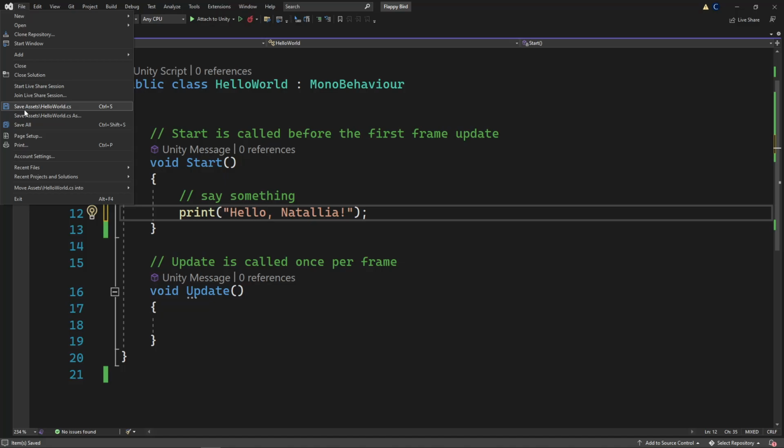And does anyone have any console errors? Wait, did you have to do something to get it to detect your changes, or did it just do it automatically? It does it automatically. Whenever you save your script, be sure to file save, or else it won't do that. It will pop up with a small message that says reloading script assemblies. Sometimes it can be a little bit finicky.